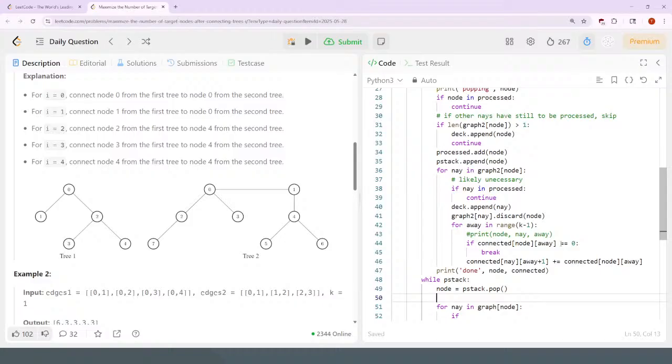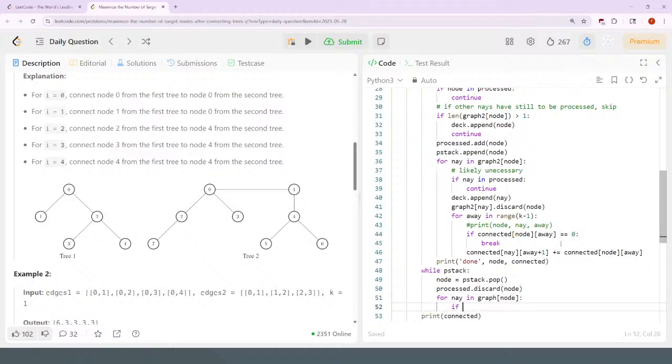So I have a stack. I need to remove this node from the process stack. So node processed.discard. Okay, so for every neighbor in the graph of this node, so I finish going to 1, I start with node 1, and then for every neighbor of this node, like 0 and 4,